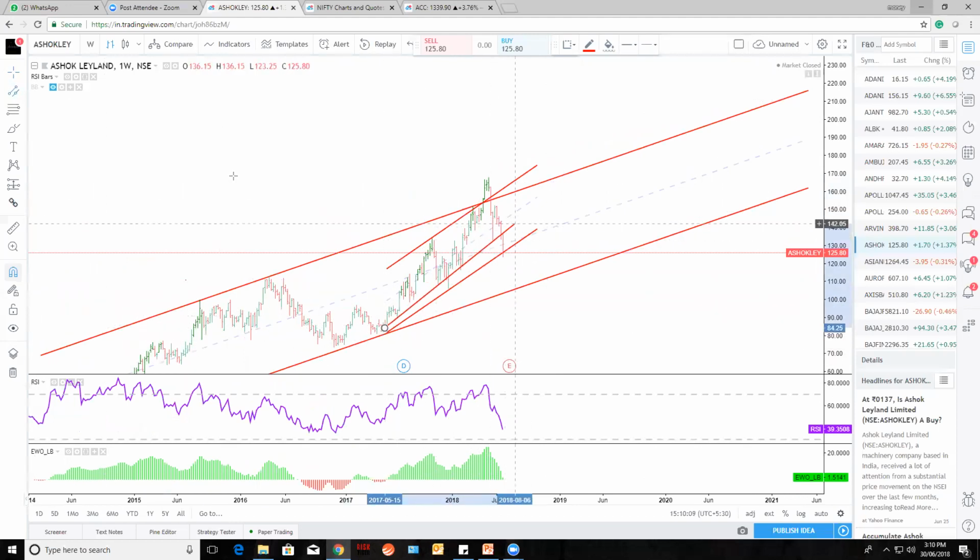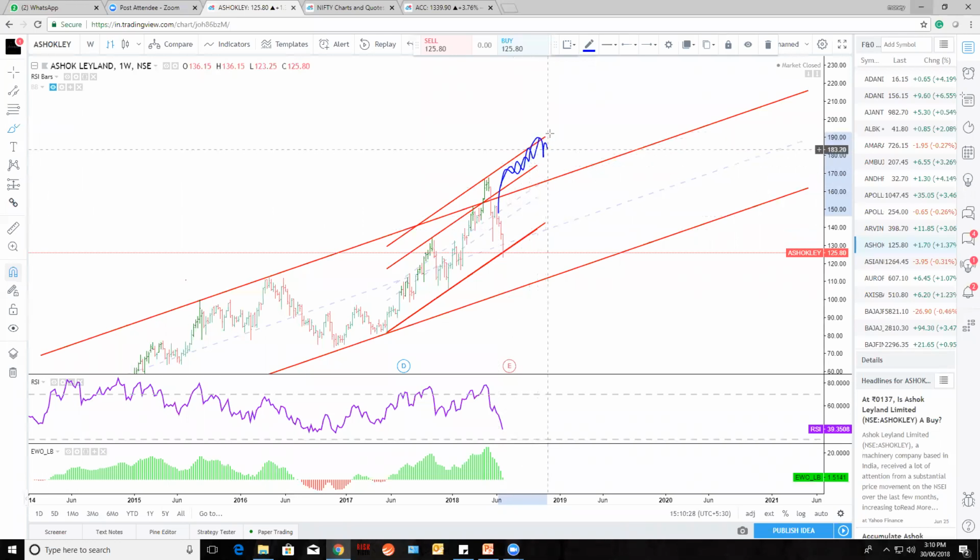For example, take the same support and resistances from here. Let's say this has a low, this is a high, but this also is a high. So you can draw one more channel like that. So it will act as a resistance zone also. The price may go and stay in the zone of support and zone of resistance level. This is a zone of resistance level.